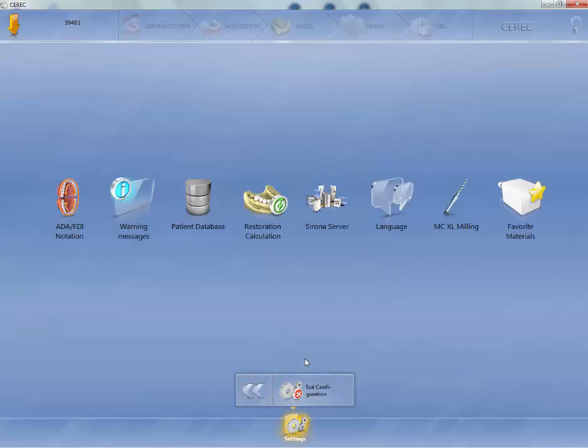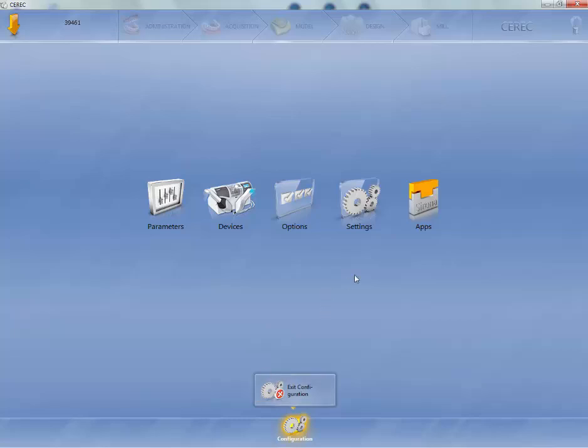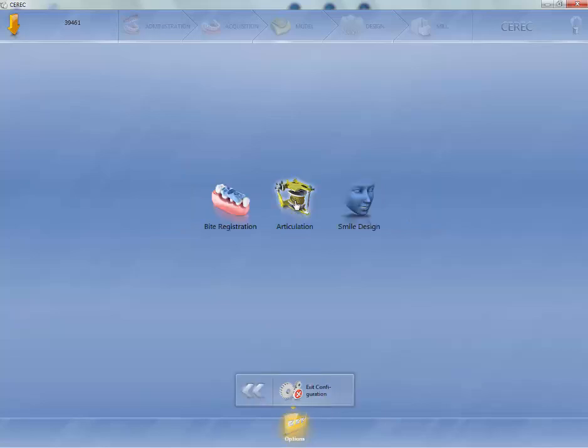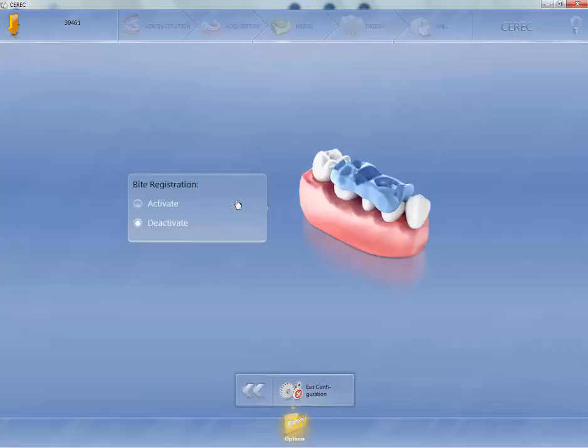Now I'm not going to exit configuration again. I'm going to go backwards. And the next thing we're going to go to are options. So I'm going to click on the options. Byte registration, we're going to deactivate that. Okay, this was a throwback to old software and some people wanted it left in, but we're not going to